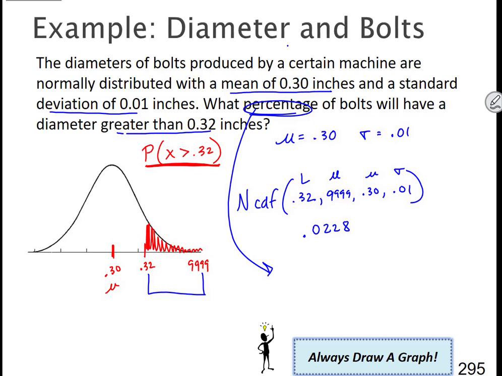question asked us for what percentage. So this time, you're not just thinking about it, you're actually doing it. Move the decimal 2 places, and you get